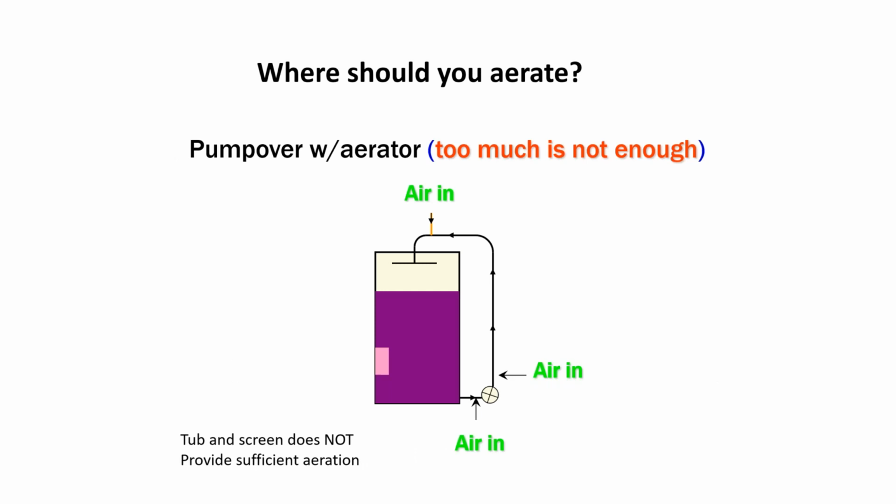So where do you put it? Most people, but not everybody, are doing a pump over. Tub and screen, as I said, just isn't good enough. It's great if you're trying to get rid of seeds and other materials, but it just doesn't work to get the air in. It gets the CO2 out and may help with the veggie characters, but the places that you really want to try to go are either right before the pump, right after with a venturi, or at the top